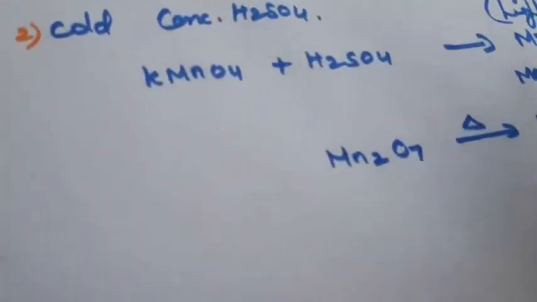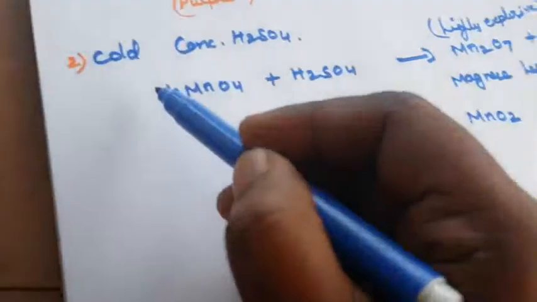Now, how to balance the equation? Here there are 2 Mn, and 2 potassium, so we write 2 potassium hydrogen sulfate, which gives 2 hydrogen. Here we have Mn2O7, with oxygen 7 on one side and 4 on the other. Taking a trial number, putting 2 means 2 to 4, so that is 4 MnO2.